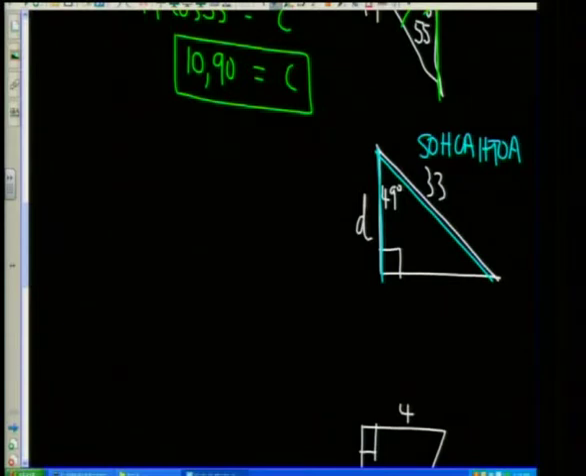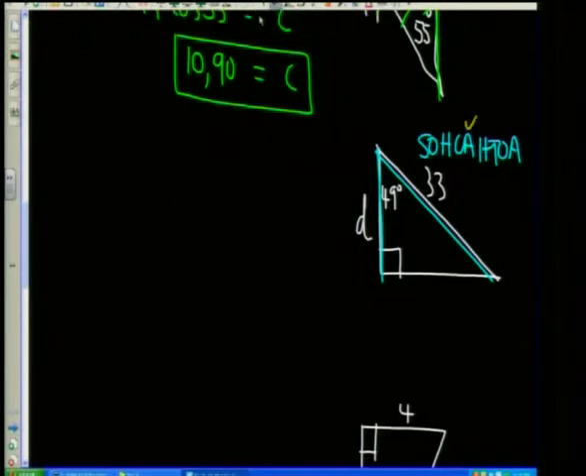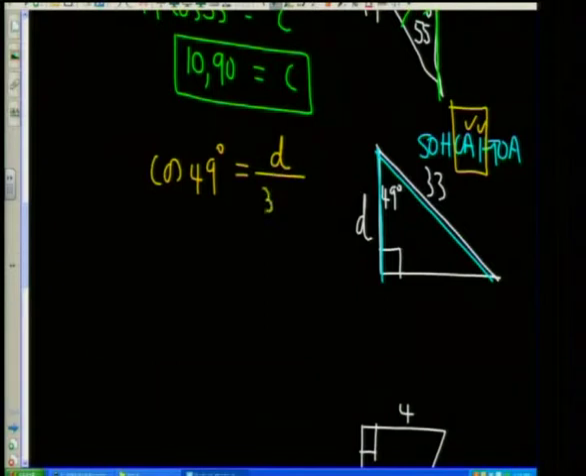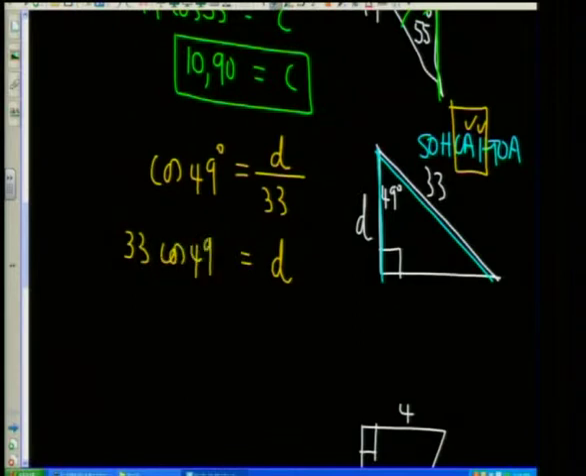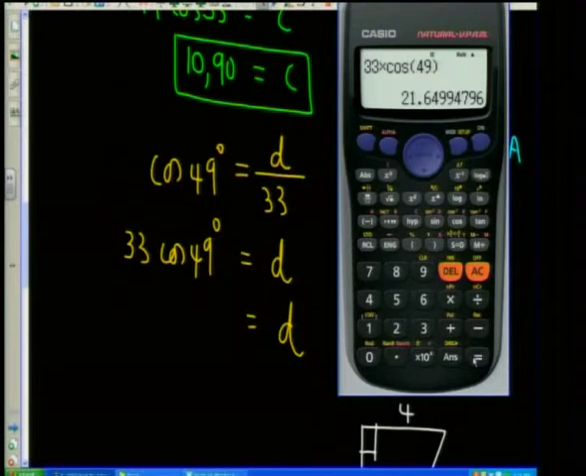So we could have either sine or cos. But the moment we get a second side, it will eliminate one of those. This is the side adjacent to it. So therefore, this is your adjacent. And this is your hypotenuse. So we will start with cos 49 will equal the adjacent over the hypotenuse. So therefore D is 33 times cos 49. In other words, using the calculator, 33 times the cos of 49 gives us